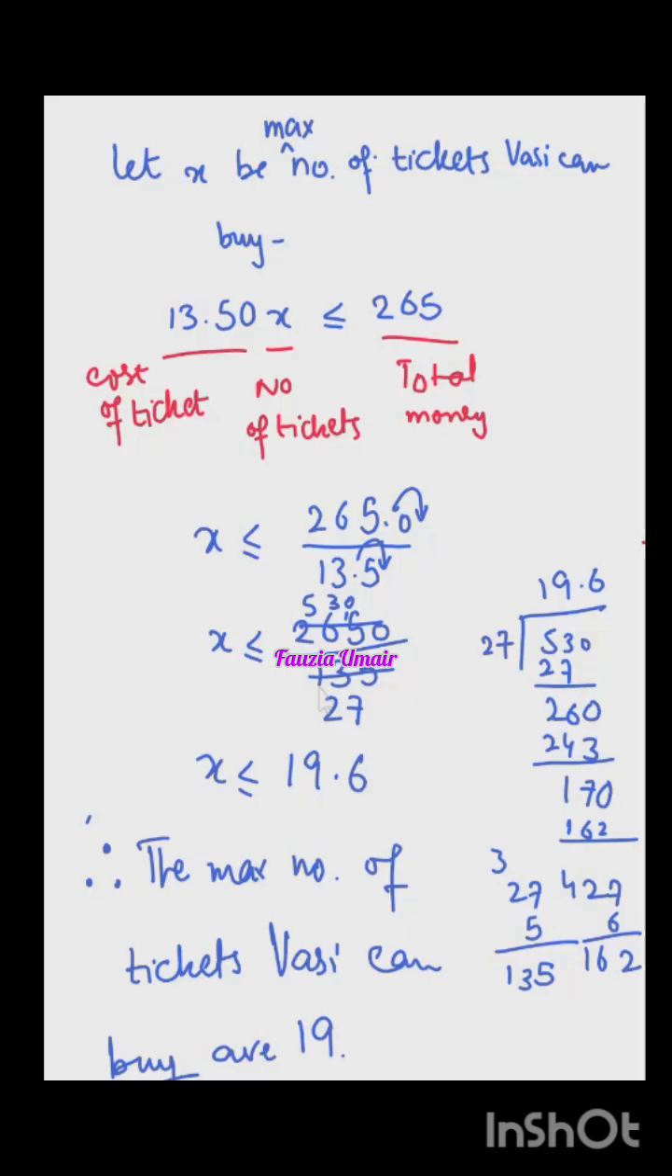Okay. So tickets are in integers. So that's why we have ignored the decimal part. आपने इसको round off नहीं करना, आपने इसको logically देखना है कि can he buy or can he not. ठीक है बेटे? So next question is,